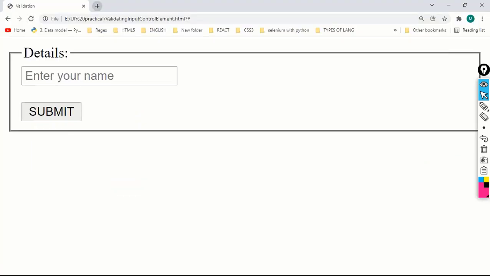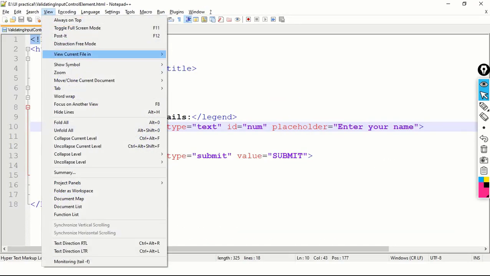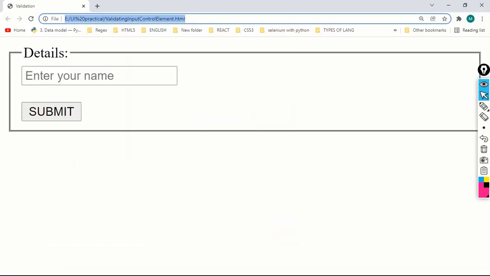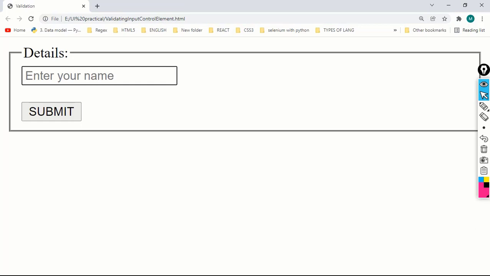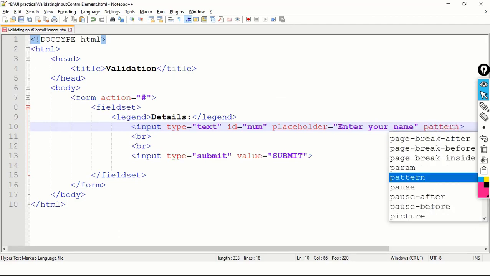Observe carefully. Let me take a new page, a fresh page. So we have a fresh page. Here, instead of typing my name, I am typing 123. Is it my valid name? Obviously not. Let's click on the submit button. But still our form is submitting. Correct. So to overcome this challenge, we have one special attribute provided by HTML5, that is pattern.